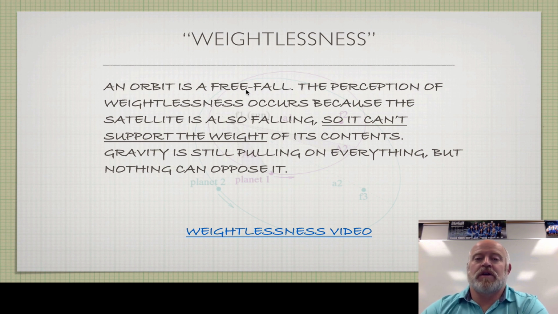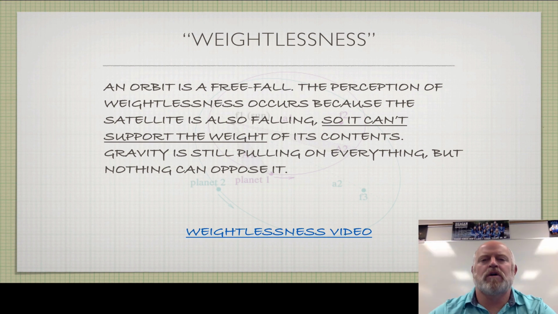Okay. Now, it's considered weightless for us because the thing that's falling can't support its own weight. There's no floor or table or rotors or engine that pushes back up on that, so there's no weight to the person. So it's considered weightlessness, okay? That's what we deal with when we talk about being weightless, right? So really, all weightlessness is a constant fall. And the reason why we don't hit the ground is because of that horizontal velocity that we have,